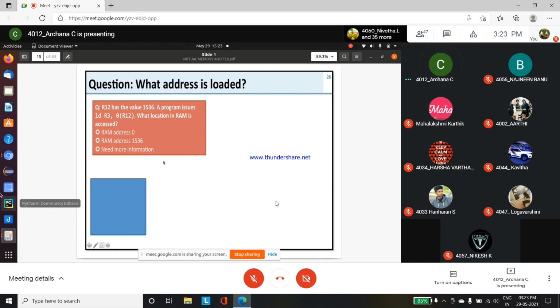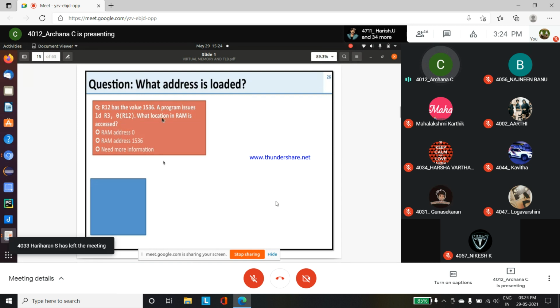Okay, ma'am. Here we have 1536, that is the virtual address. The question is where the virtual address is mapped to the RAM address. We have the options of RAM address 0 and RAM address 1536, and need more information.